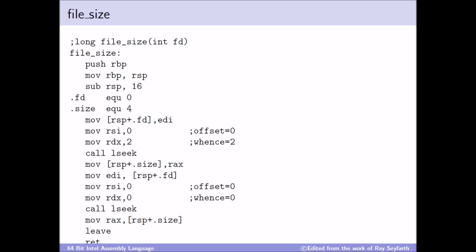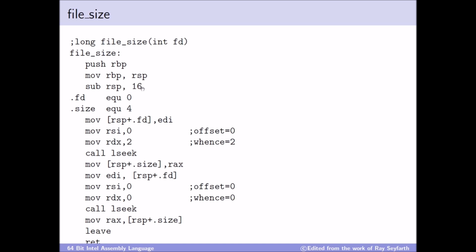Specifically, I know I'm going to be calling lseek on a function. Now, my function for file size takes one parameter. Specifically, it will take the integer which corresponds to the file descriptor of the file I wish to get the size of. Now, once I've set up my stack frame, you will see that I subtract 16 from the stack